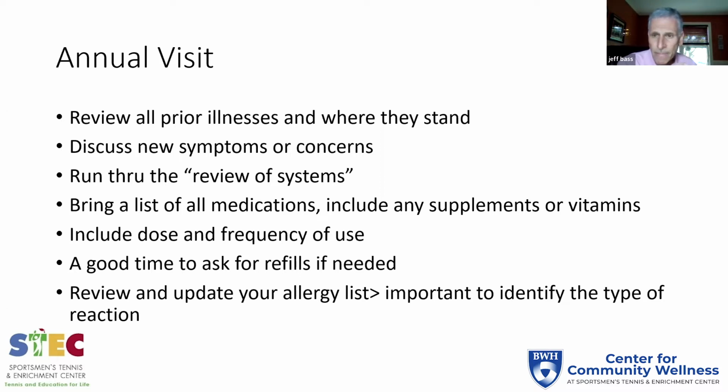And a lot of times, and Dr. Ritchie will be aware of this, because we talk about this review of systems. That is a way of asking you about each of the body's systems: urinary, bowel, stomach, heart, lung, etc. And that's often done during this annual visit, where we'll just say, we've talked about everything. I get it. I know where you're coming from. I hear where you stand with your issues, but let me just make sure we're not missing anything. And that's the point of the review of systems,